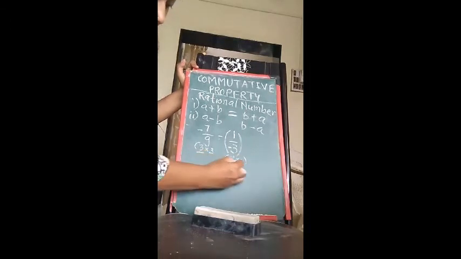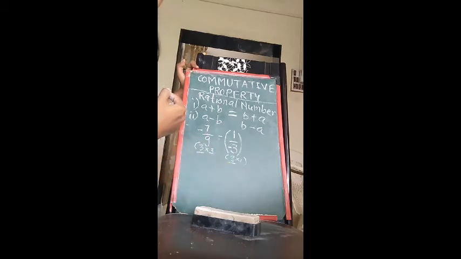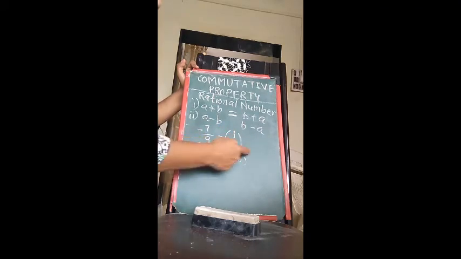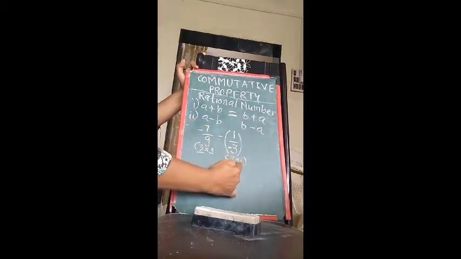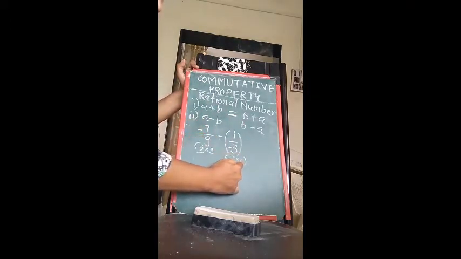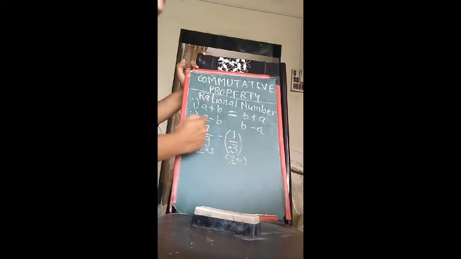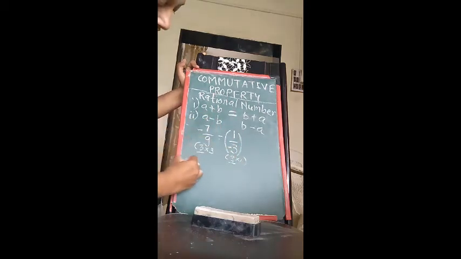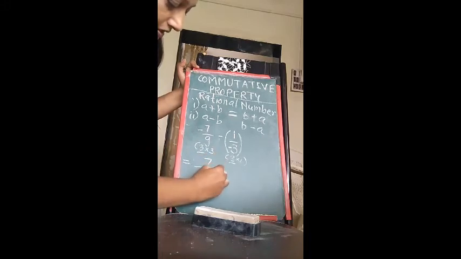So 3 is common factor. So we are going to take only these numbers. Okay, just leave these common factors and you can use this 3 and 1. So we are going to read this number as 7 upon 3 and this number as 1 upon 1. Okay. So here we have to multiply 1 upon minus 3 with 3 number and 7 upon 9 with 1 number. Have you got this? So we will start multiplying 7 upon 9 with 1. Any number multiplied by 1, the answer will be same, that is minus 7 upon 9. So we will write this answer as minus 7 upon 9.